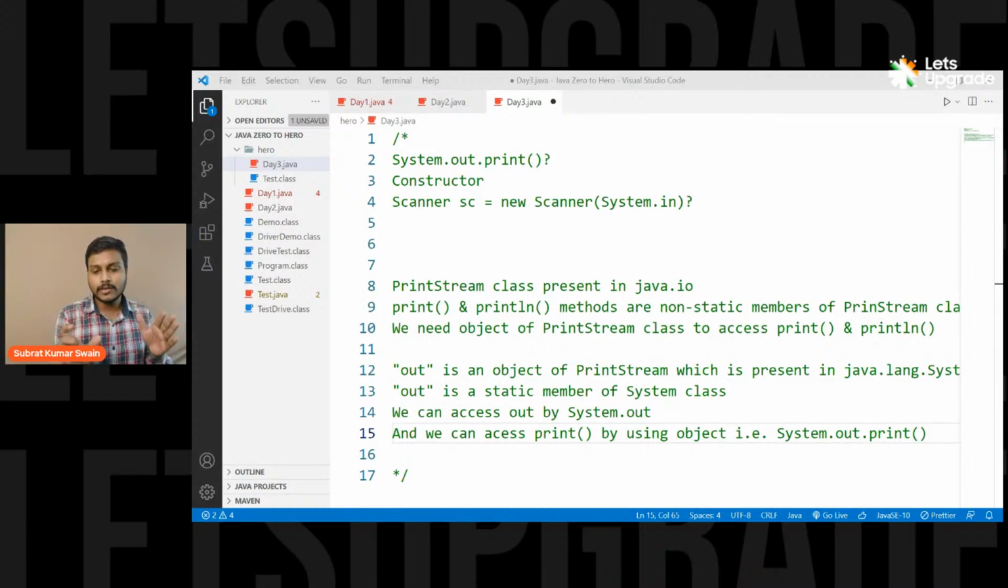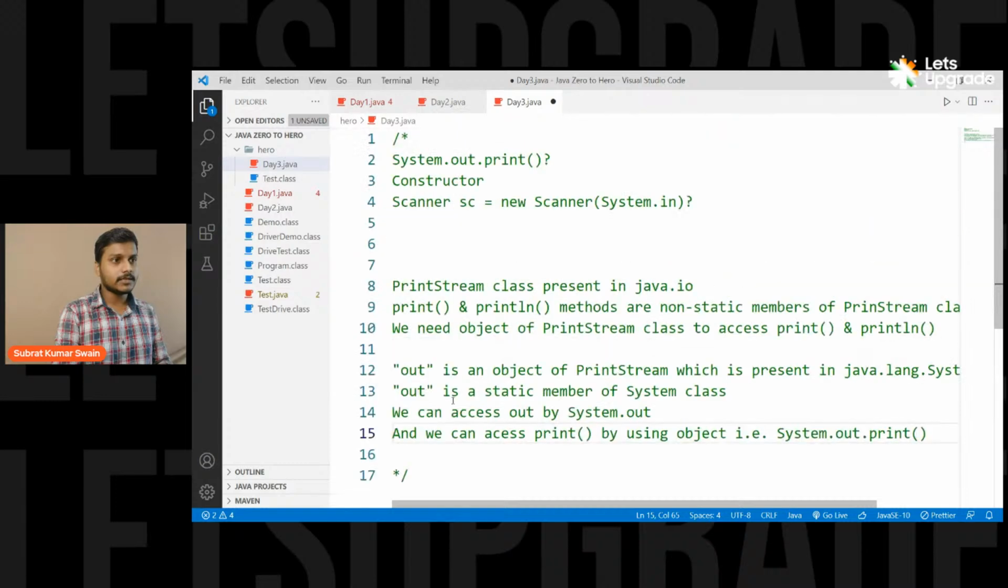So in order to access out, I'll write System.out, and then to access print and println, I'll just write System.out.print or System.out.println. That's it. That simple, okay? Fine. So the next most important thing which we would be discussing here is